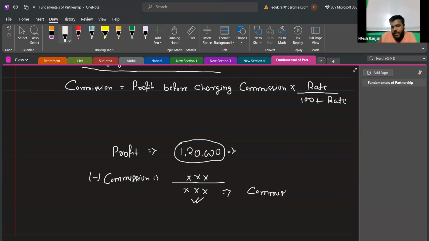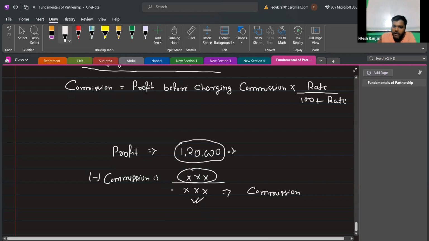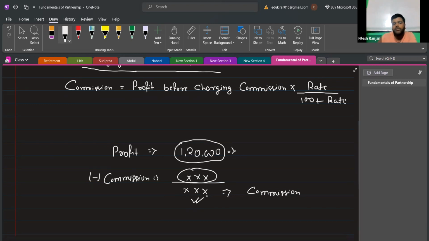Now the question is, if we don't know the amount of commission, then how could we deduct this commission amount here? Can you tell me? In the second situation, second case, how will you calculate this profit after charging such commission for calculation of commission? Is there any confusion? Net profit. Yes. Or based on the percentage, or